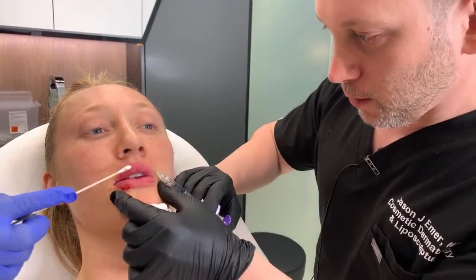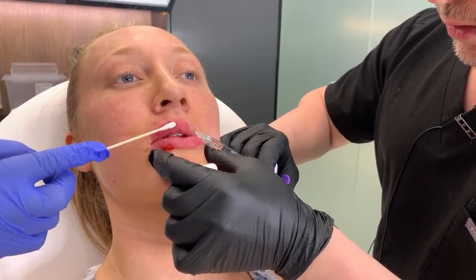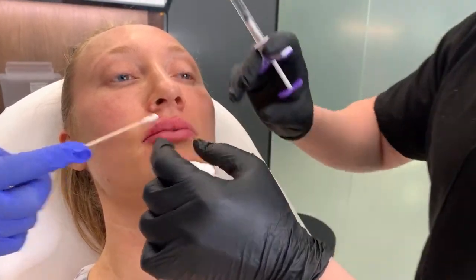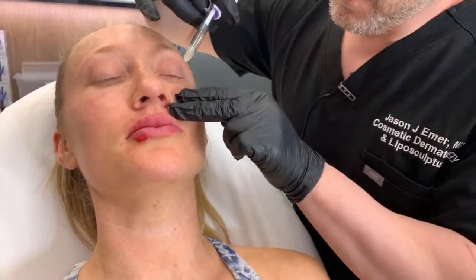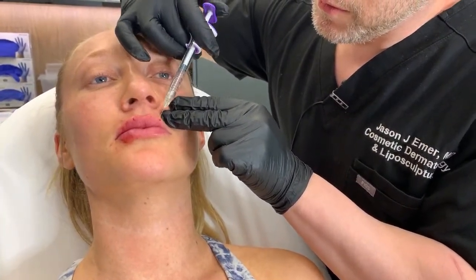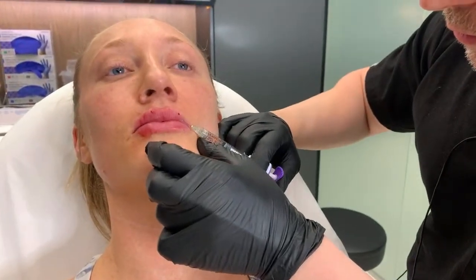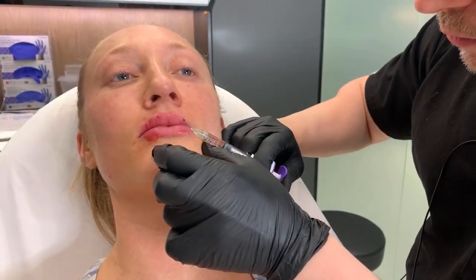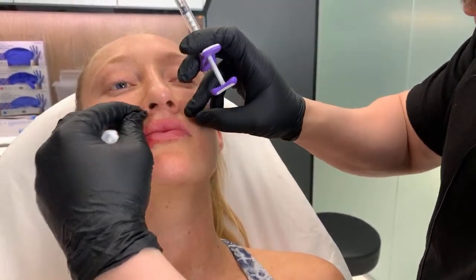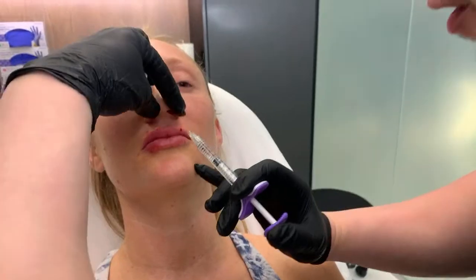So now we're going to do that same thing here. We're going to go right up into the Cupid's bow. Just give a little bit for a lift. And we're going to come up in the pillar technique. And then I also want to, again,